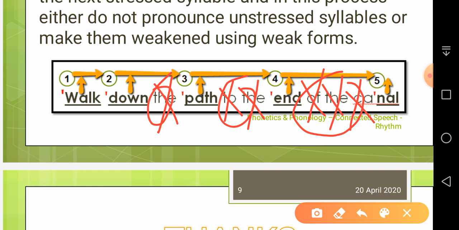So actually, when native speakers talk to each other, in a rush of speech they just pronounce only stressed syllables, and the gaps are filled by the listener, because they are used to each other, so they can fill up the gaps. They already know that unstressed syllables are being ignored, are not pronounced. However, for foreign learners like us, we are in great difficulty, and we face a lot of challenge in understanding foreign speech. However, if we are trained